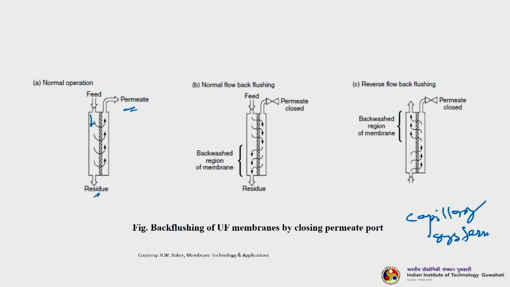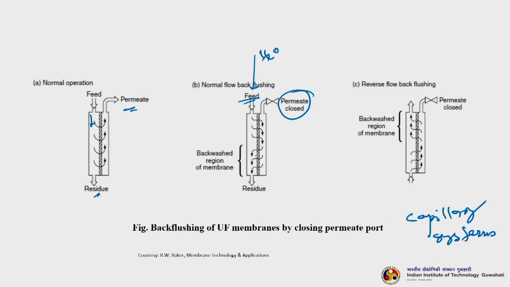So, this particular figure, okay. What I am doing is that I am sending clean water through the feed side, maybe deionized water sometimes, but usually tap water is also fine. So, you send it, then pressurize it, then you close the permeate trap or the permeate valve through which the permeate is getting collected. By doing that, we develop certain pressure.